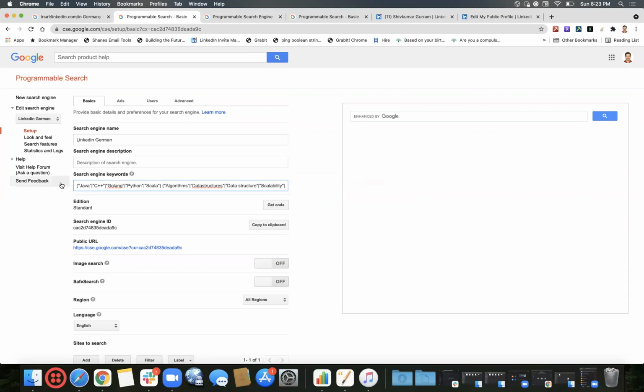So let me see in case I can add more languages: Java, C++, Golang, Python, Scala. So we added JavaScript. I might face difficulty in saving. Okay, so could not save changes. Please refresh the page because of that particular space. But once we remove this,